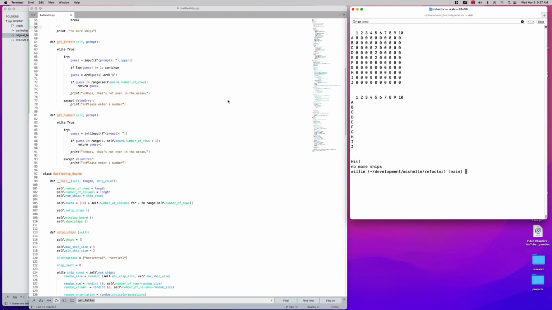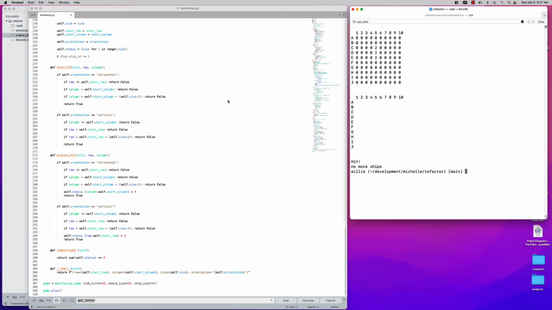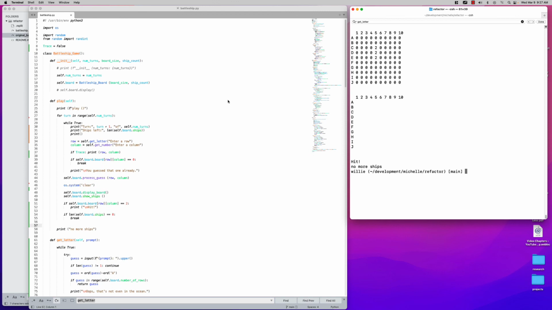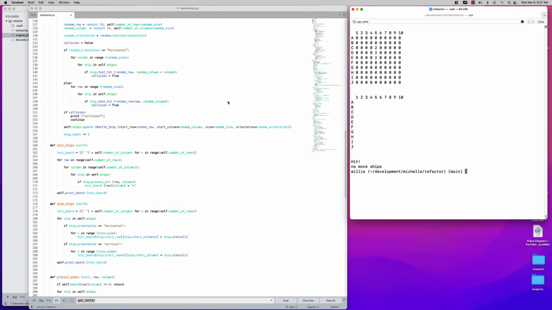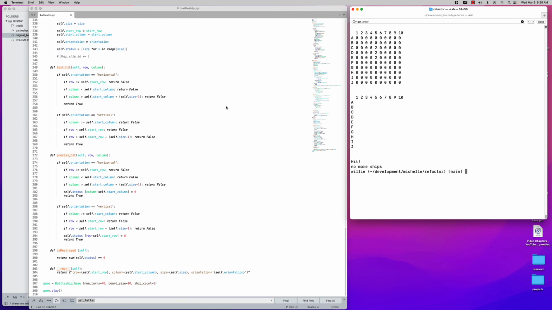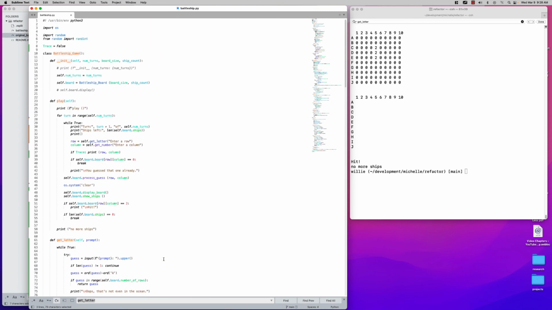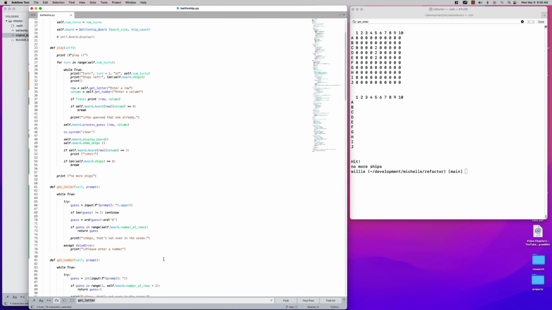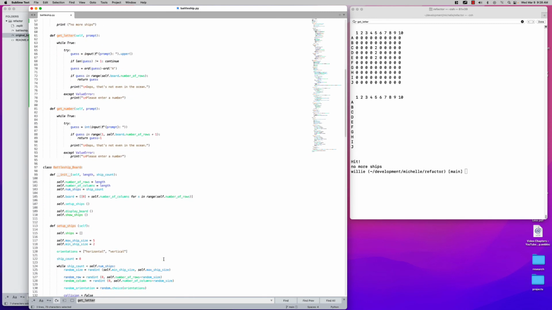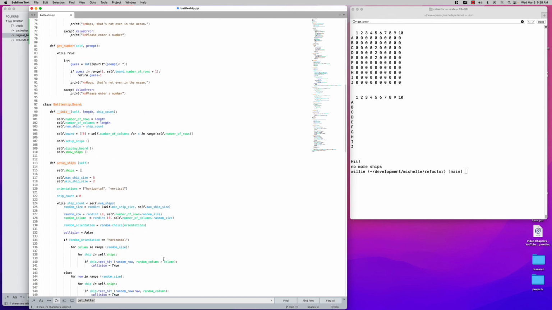All right, I'm going to clean this up some more much later, but this is what a semi-object-oriented Battleship program would look like. And of course, this would need to be inside of a main guard. But aside from that,